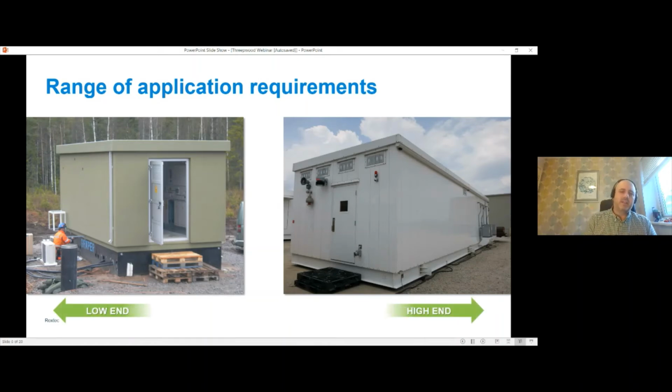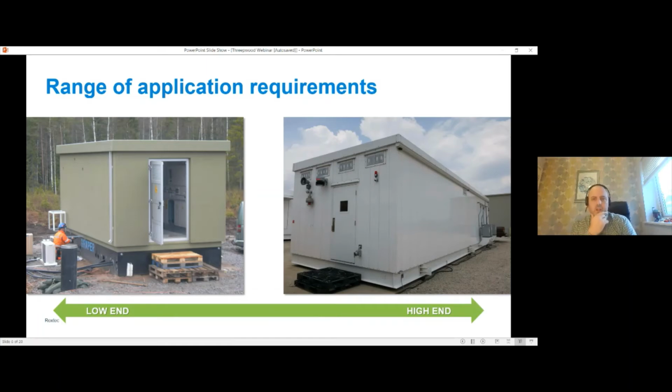If you think about the kiosk substation on the left, renewables, it could be on a wind farm or a solar farm or whatever that might be. What are we talking there? We are basically talking an IP seal, rodent protection, cable retention. But on the right hand side, you've got a modular substation that would be installed on a process site, petrochem or whatever. They're essentially doing the same thing. They've got the same functions. They may even have the same gear inside the two different